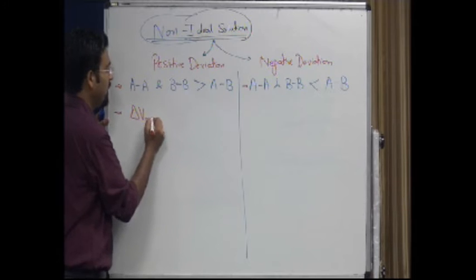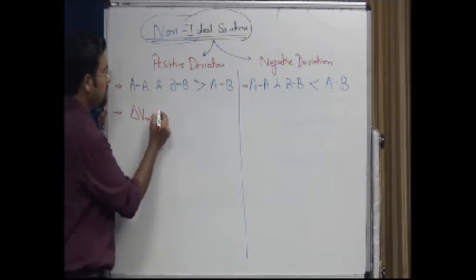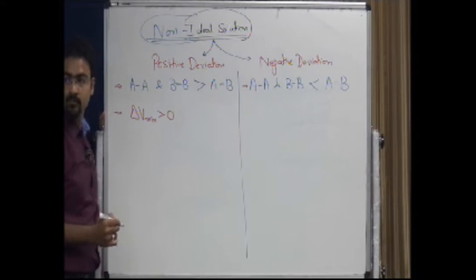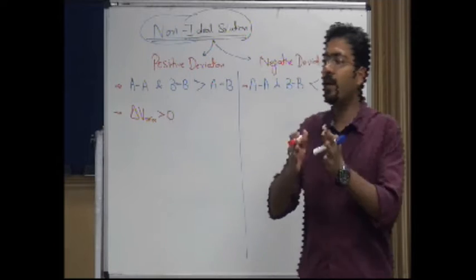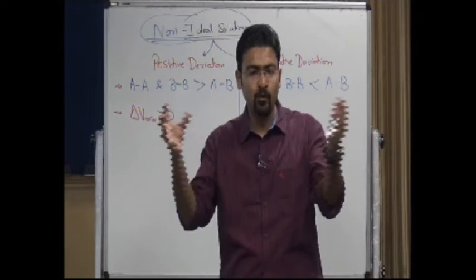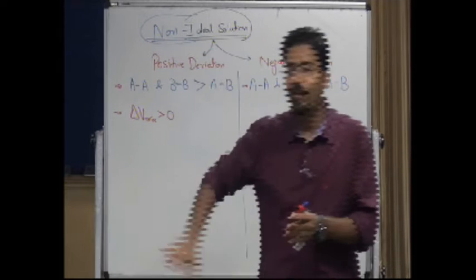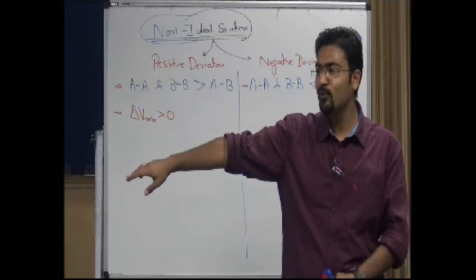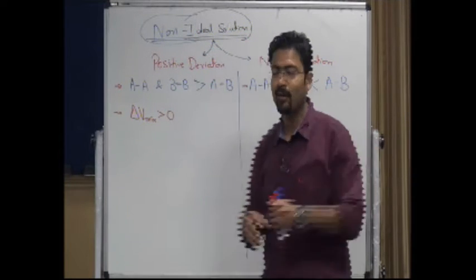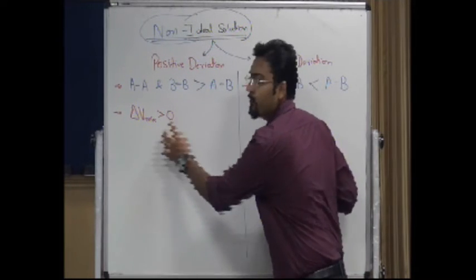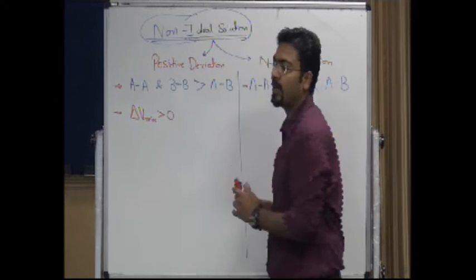What will happen to delta V mixing? Why? Right. So because of the decreased attraction, their interparticle space will increase. So for example, if I mix two groups and you do not like each other, will you stay close to each other, or will you say, hey, move two chairs to the left, to the right, do not sit at a distance of 1 foot from me. So basically the space will increase, which means the volume will increase, and thereby delta V mix will be greater